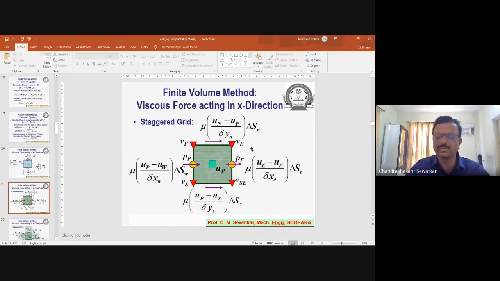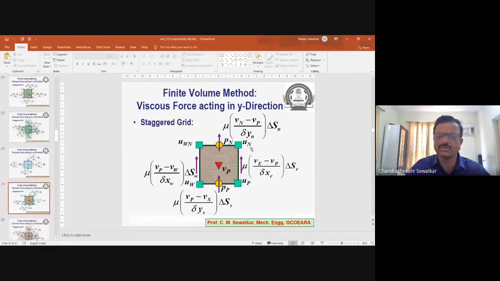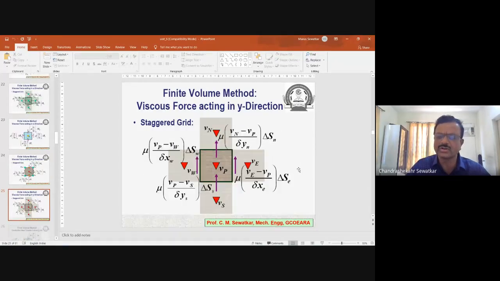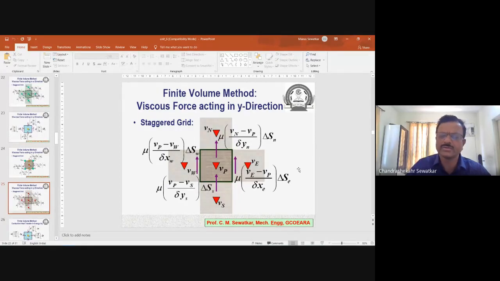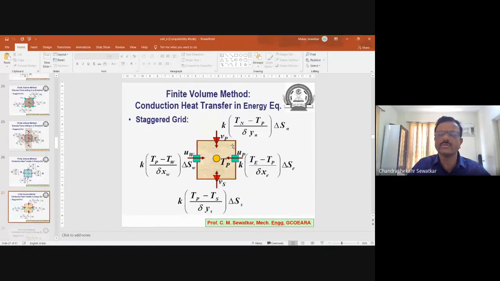So we consider viscous forces acting on each of the control volumes, the U control volume, and then we also consider the V control volume, to understand how to calculate the viscous forces and how to calculate the velocity gradients. These are the velocity gradients. To that, if I multiply by mu, I get shear stress, and to that, if I multiply by area, I get shear force. So the shear forces are required to be calculated. All the shear forces are shown in diagrammatic form using the staggered grid information in each of these cells. We discussed all this in detail in the morning.